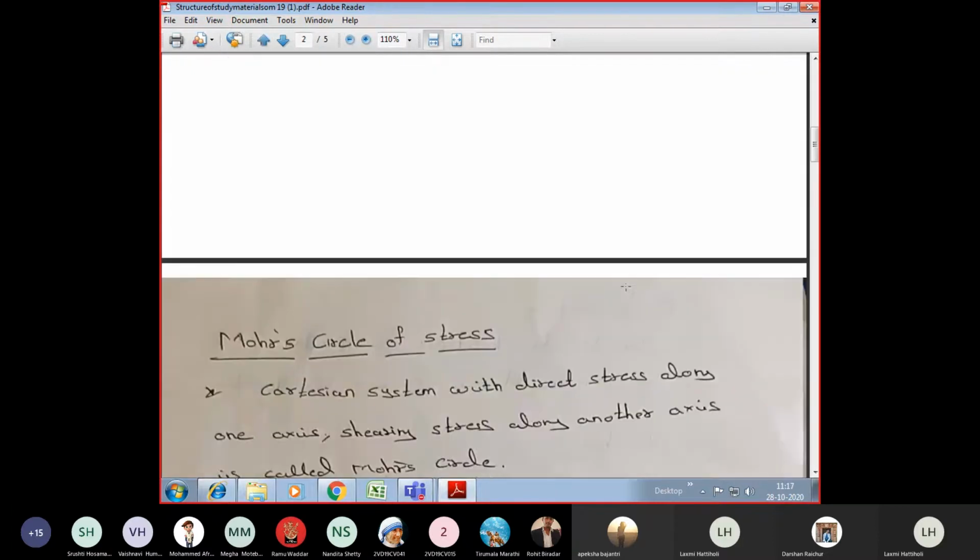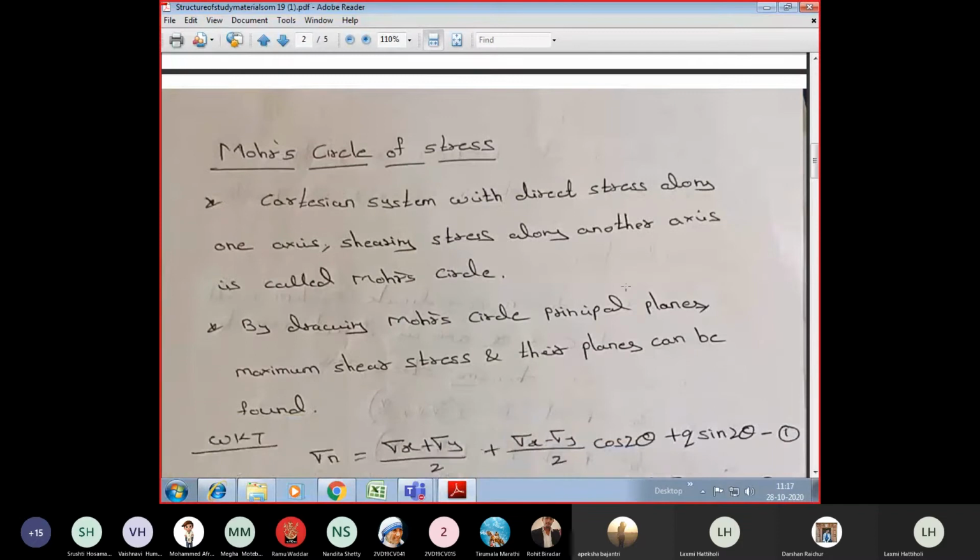So in compound stress, as I had already said before, you can determine these compound stresses by the analytic method as well as the graphical method. Whatever we have studied till now is the analytic method. We have derived some formulas, and with those formulas, we have determined the compound stress, the different stresses in a two-dimensional stress system, right? So today we shall see the graphical method.